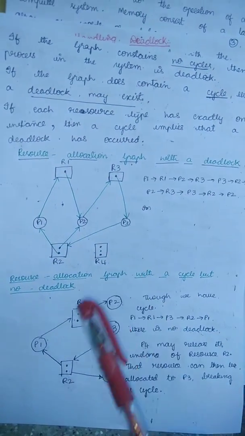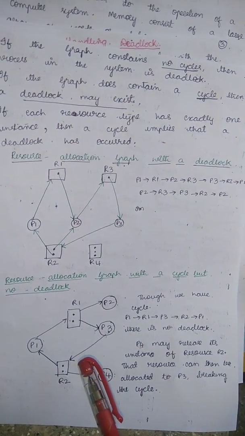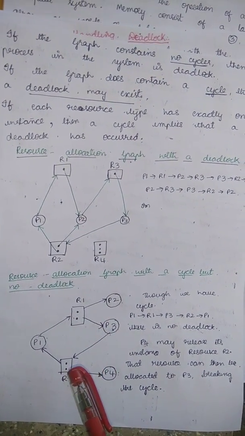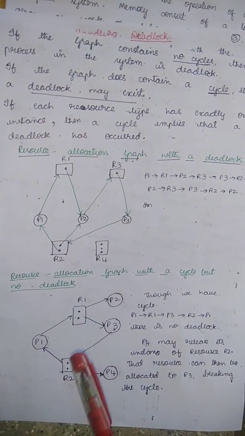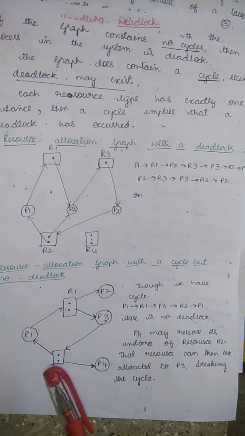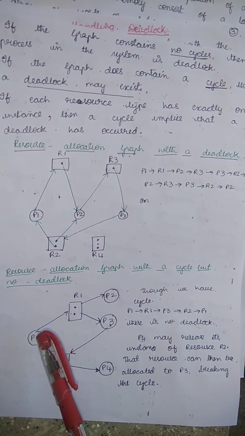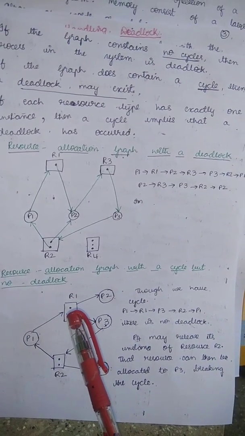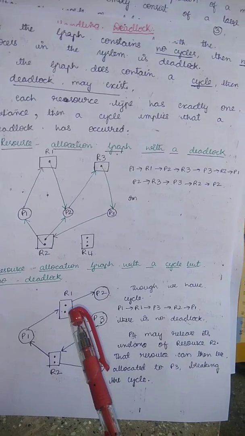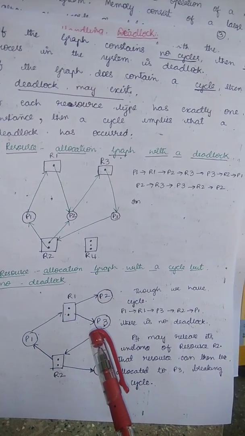Now we will see where there is a cycle but there is no deadlock. Why? Because the resource instances are more than one. If you see here, R1 and R2 have two instances. There is a cycle which has been formed here. P1 is requesting R1. R1 has two instances and R1 has been granted to P2 as well as to P3, and